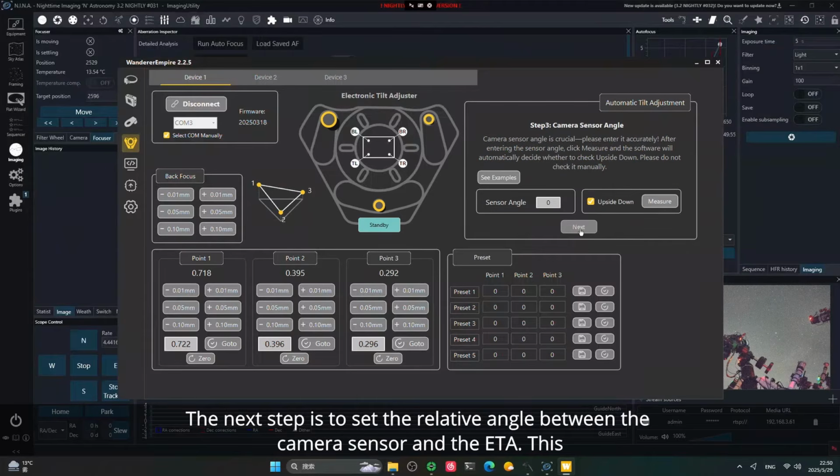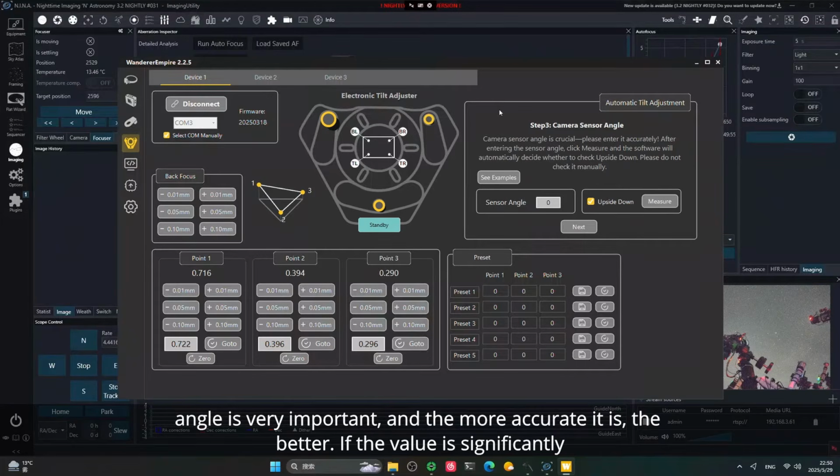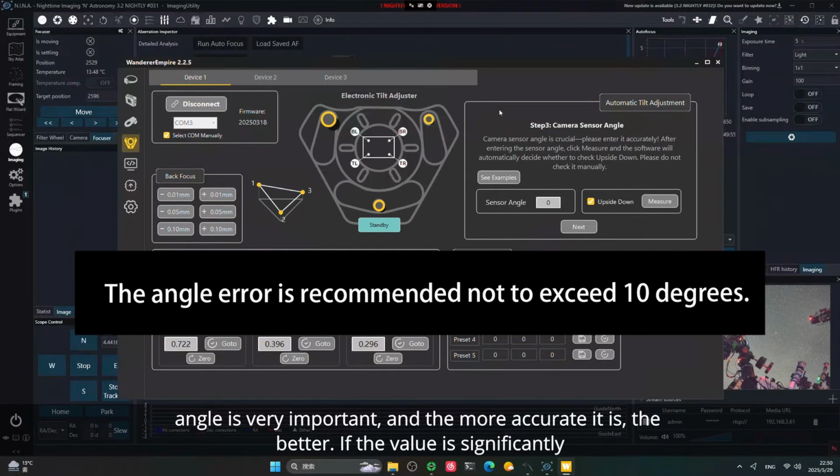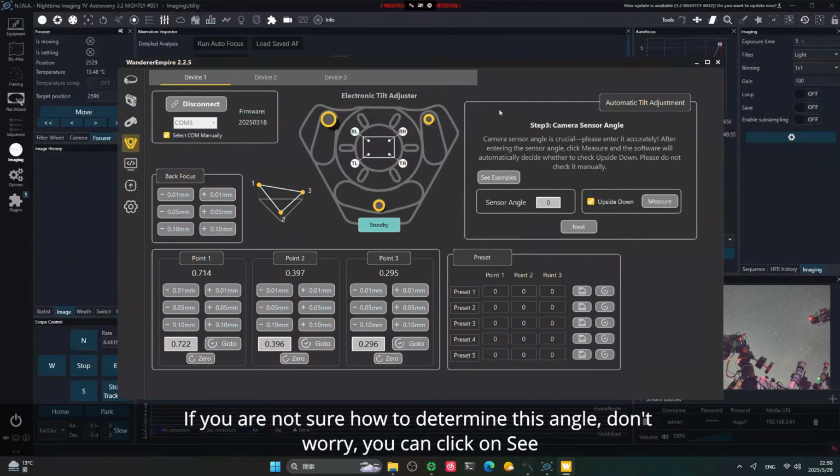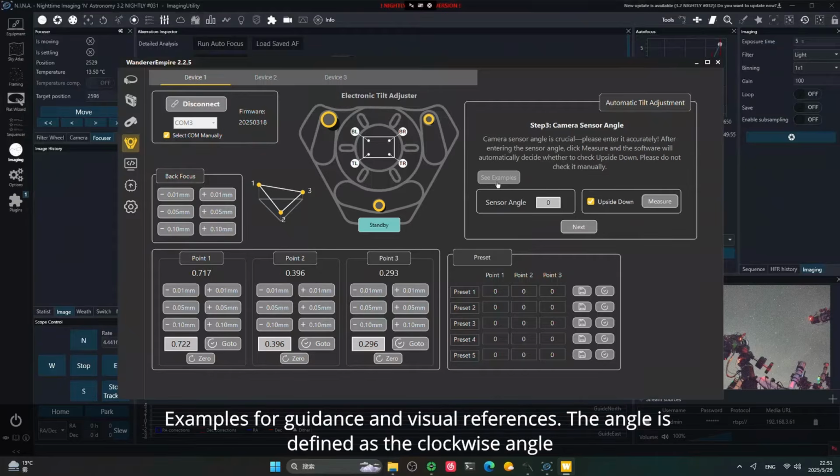The next step is to set the relative angle between the camera sensor and the ETA. This angle is very important, and the more accurate it is, the better. If the value is significantly off, it can seriously affect the accuracy of the automatic tilt adjustment process. If you are not sure how to determine this angle, don't worry, you can click on See Examples for guidance